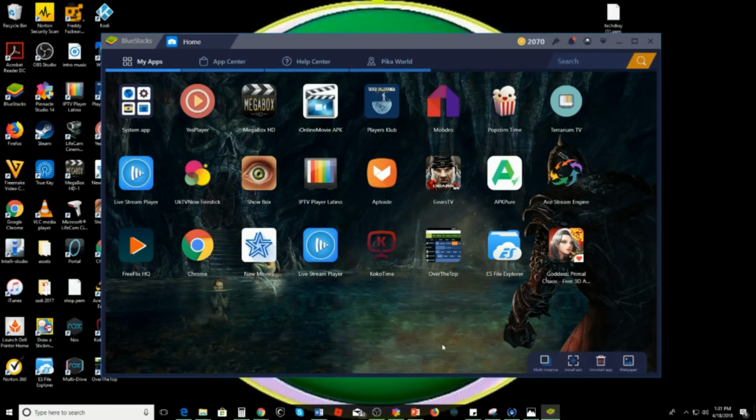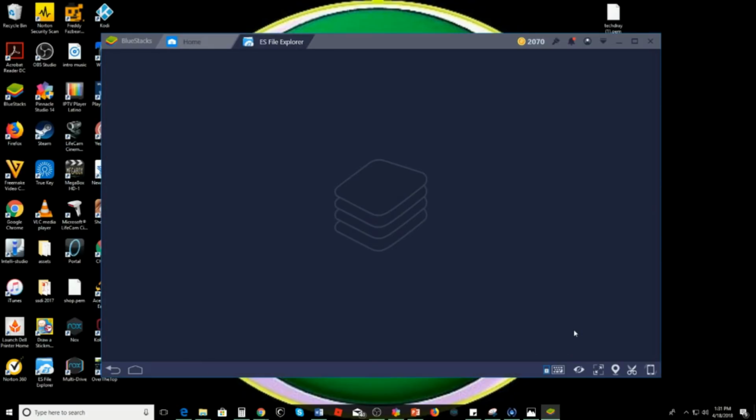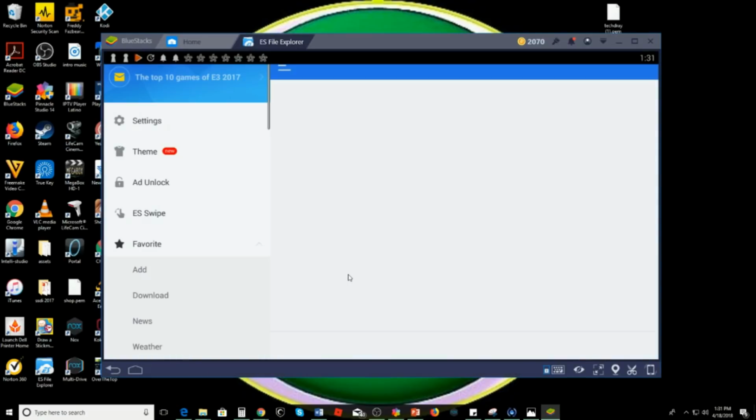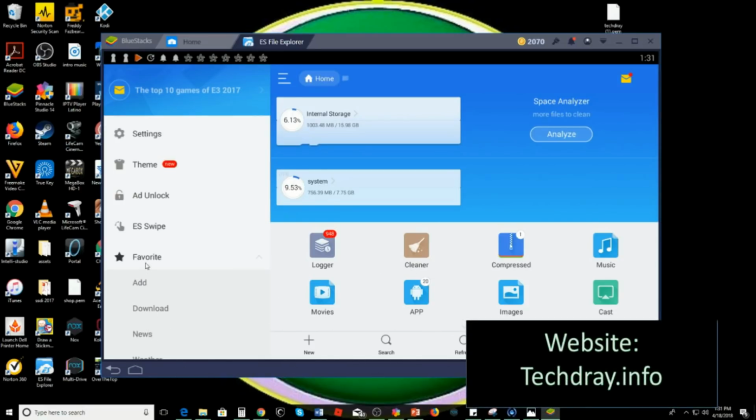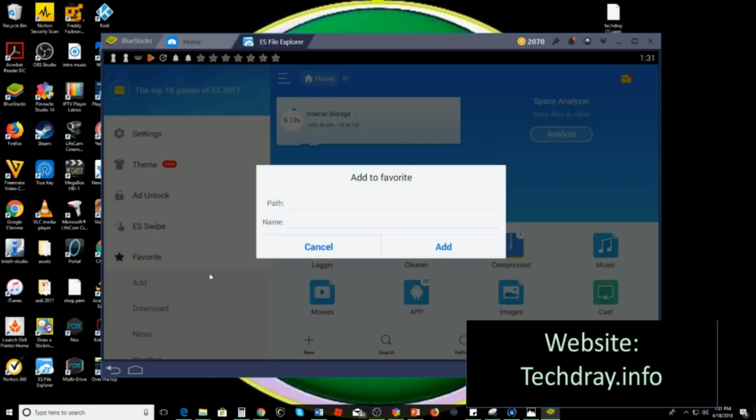So the first thing we're going to want to do is go to ES File Explorer. We're going to go into the settings side and go to favorites. Usually it's closed, so on favorites, just click on it once. We're going to go to add. Then I'll take you through my website, which is techdre.info, but we're going to type in the full path,